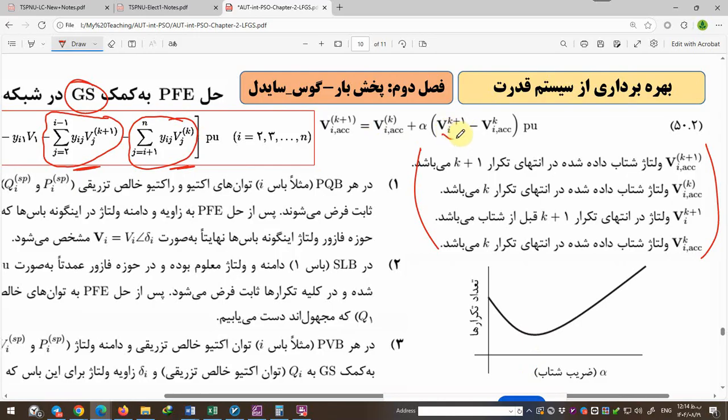The new version of voltage in bus A is subtracted, minus the acceleration factor multiplied by alpha, plus Vi acceleration, which is Vi acceleration in the next iteration. This description we only defined for you,